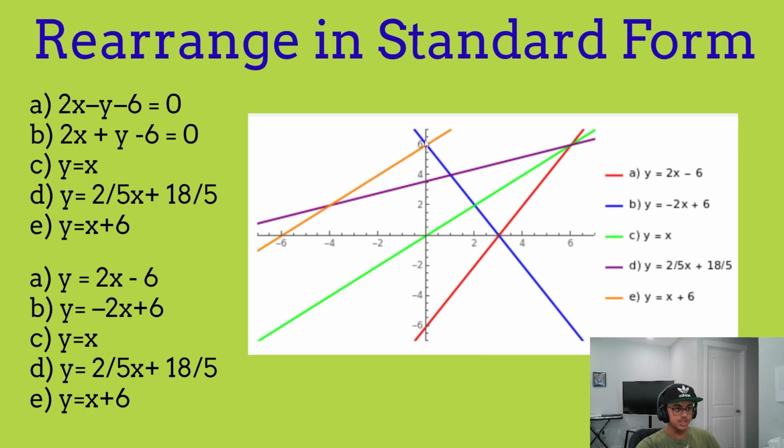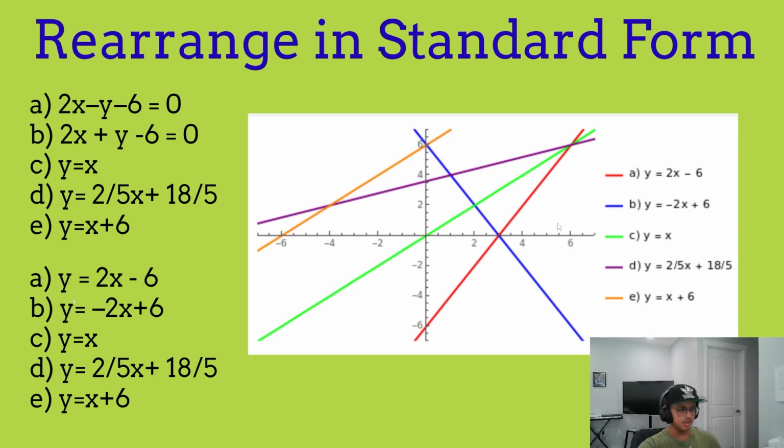So here I can also see that there's another intercept of plus 6. So let's just see which one of these also has the plus 6. And we can obviously see that y is equal to minus 2x plus 6 is going to be the second line here, which is B. And another way to confirm that it's going to be B is since there's a negative here, that means it's going to be going the opposite way. So usually positive slopes go like this, and then negative slopes go the exact opposite way. So we know now that the blue line here is equal to B, which is y is equal to negative